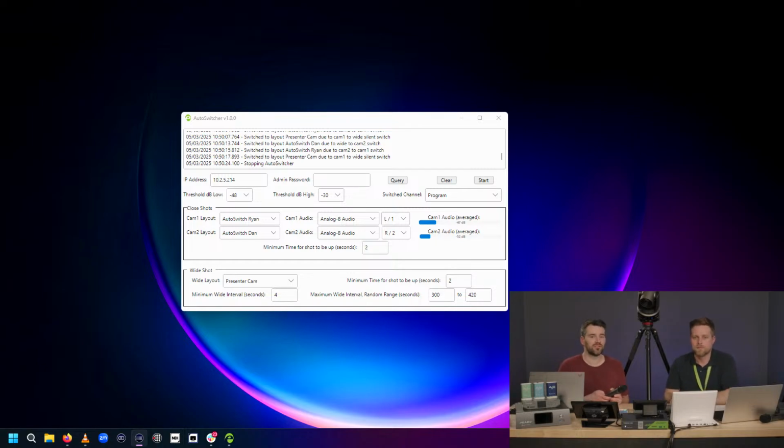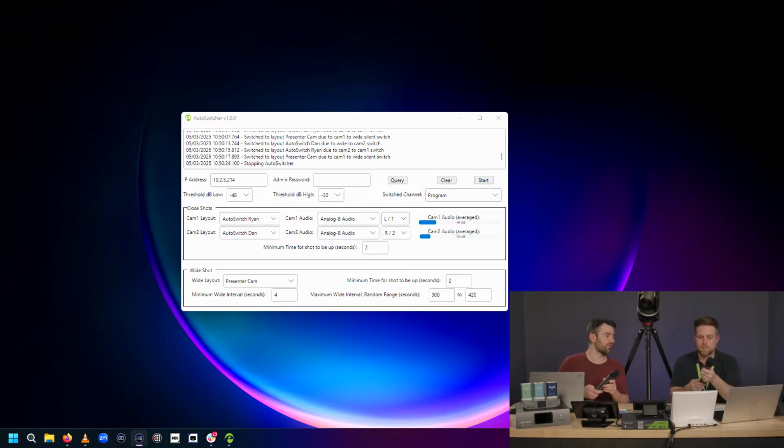So this is something that we've had requests for, especially from podcast users: auto switching. Now this is an application that one of our engineers made using the API, all REST API. What it allows us to do is look at the audio coming into microphones. We're going to have two separate microphones here. You're not going to hear the audio here. That's just my choice for today. I didn't want to be swapping between microphones during the live show.